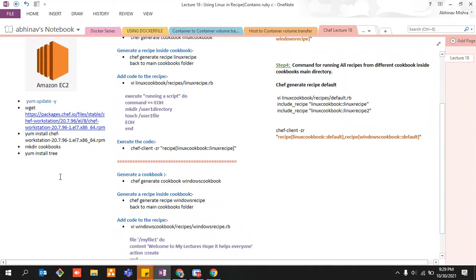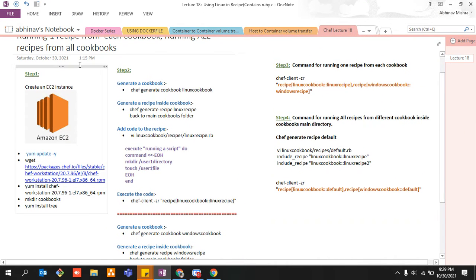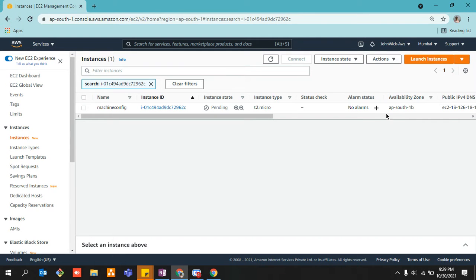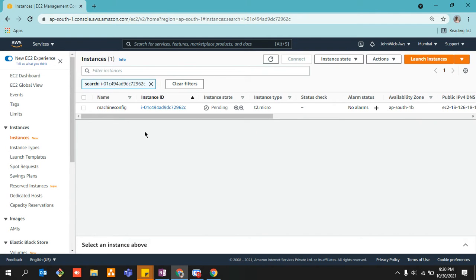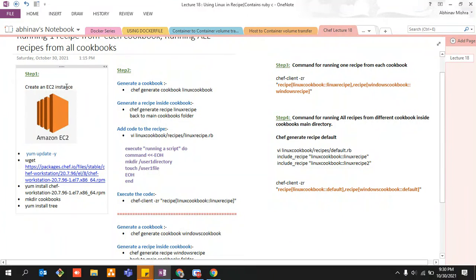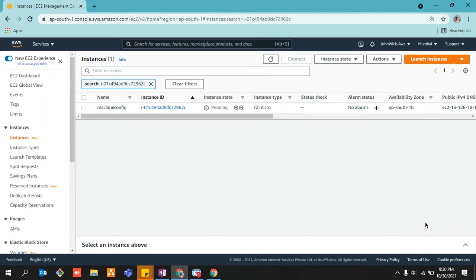If you have already followed my lectures, you have already done all these things. You do not need to do all these steps again. In this particular availability zone, Mumbai, I deleted my last instance, which is the reason I am iterating each and every thing. It might help those who have not seen my previous lecture, so they will also get to know how to do the very first step, how to install Chef onto their workstation.